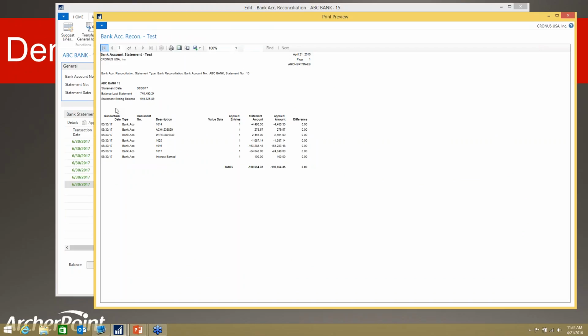The main thing that I would point out about this approach is this report, and we looked at this as one of the cons in our overview. This is the report you get for the worldwide functionality. All it does is give you the bank account number, the statement date, the balance from the last statement, and what you've entered as your new statement ending balance, and it just simply shows the bank entries that have been cleared, and that's it. You don't get a listing of outstanding checks, you don't get a listing of outstanding deposits,